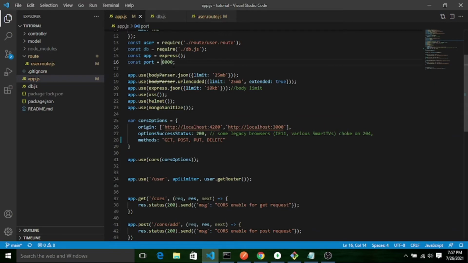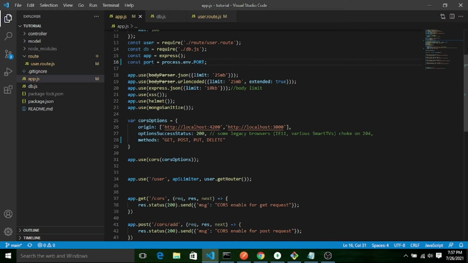For that we have to use process.env, let's say dot PORT, like this I can use. Let me also remove this one. Here if you see, I changed the port.